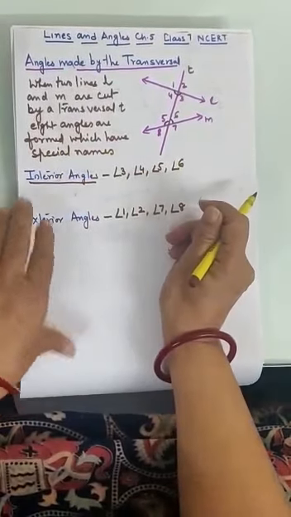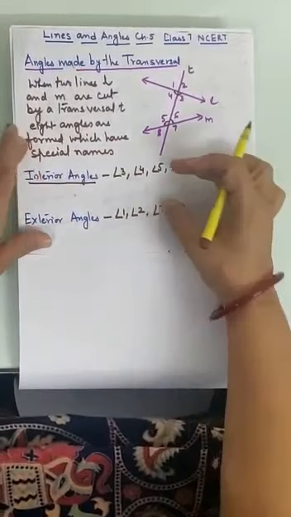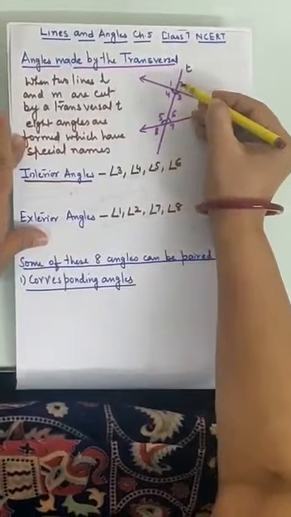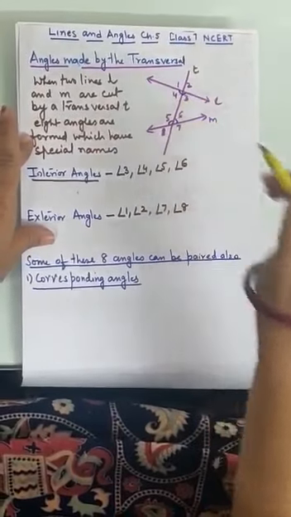Is this clear? Now, apart from these, all these 8 angles, 1, 2, 3, 4, 5, 6, 7, 8 can